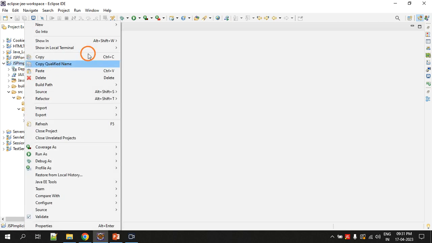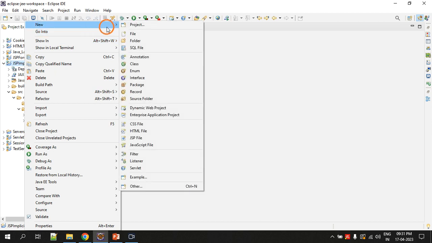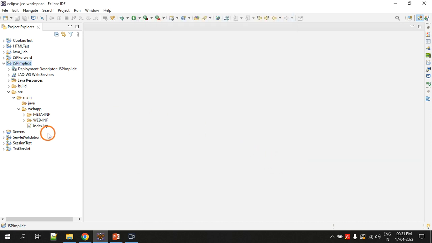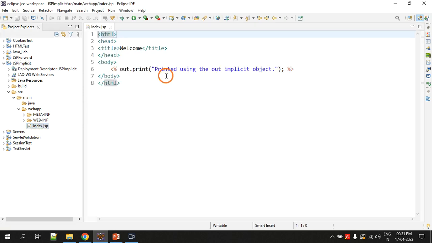Right click the project, click on new, and select JSP file. Here you give the name of the file, and the name I have given is index.jsp. Open this. The code and the theoretical concepts will be available in the video description,